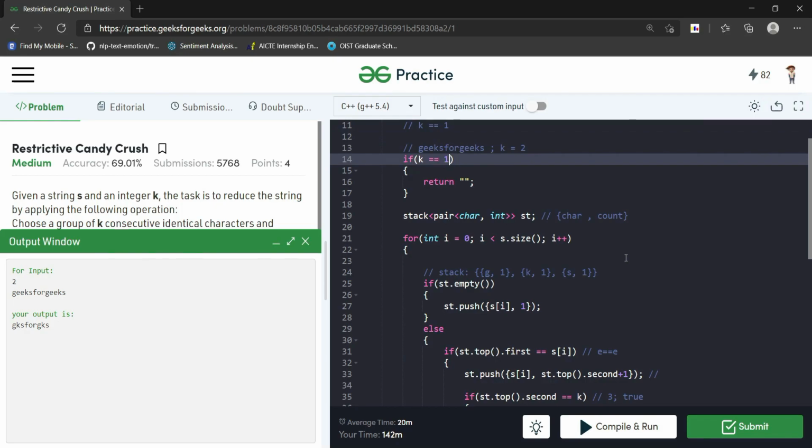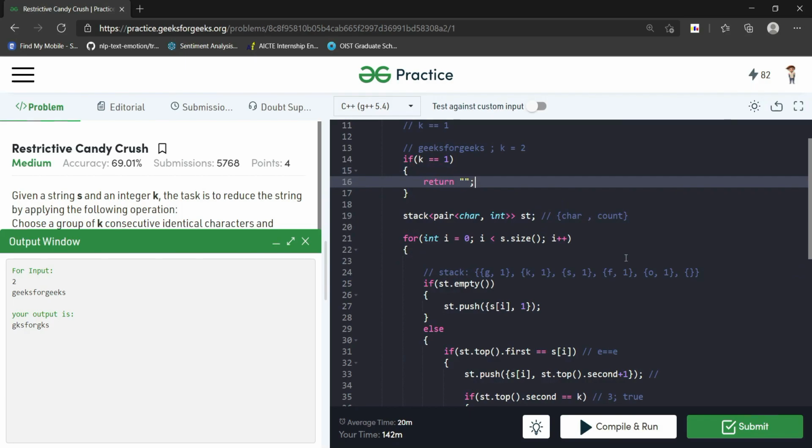Now we come over to f and the top of the stack is s, so we will be pushing 1 again, the same way we have done in s and k. Okay, now we come over to O and the same thing happens, right? As the stack is not empty and the top of the stack is not O, so O comma 1 should be pushed into the stack.